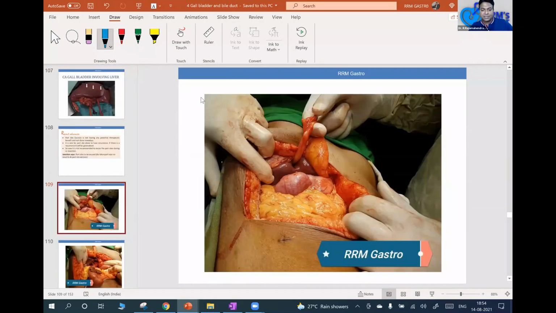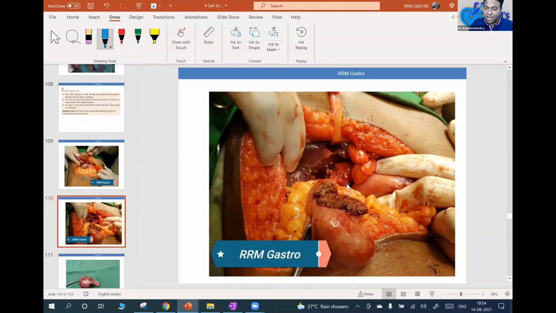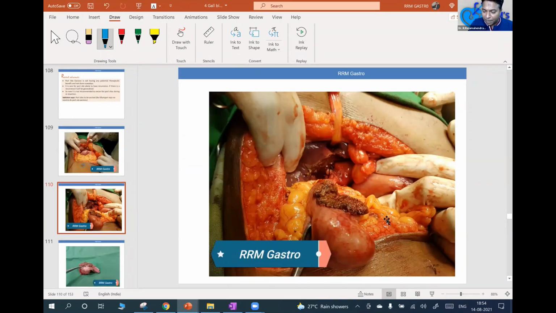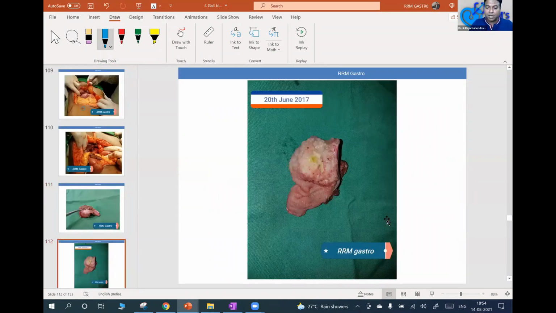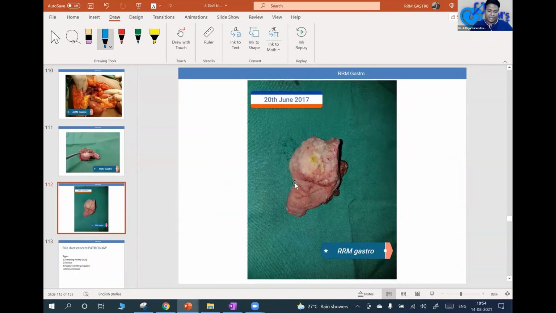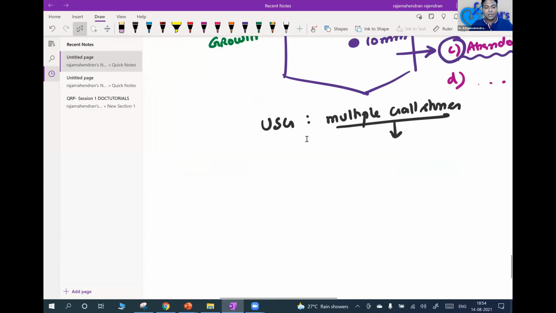So you can see this case. This is a case of a gallbladder. As you can see the ports, he made 2 ports. One port is umbilical and another port, just touch and see. At that time, he noted there is a cancer in this place, so he abandoned the procedure. The patient was referred after 2-3 days to our hospital. We opened the patient and did an extended cholecystectomy, including part of the liver. Inside there was an early cancer. So this is what we must do for a patient suspected to have cancer.